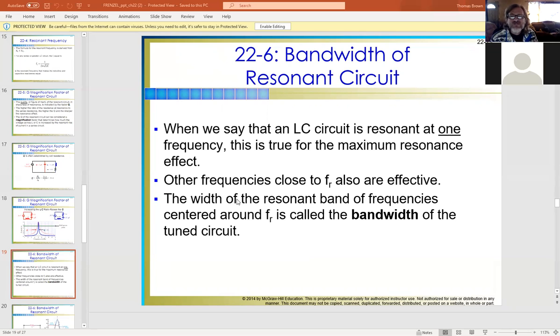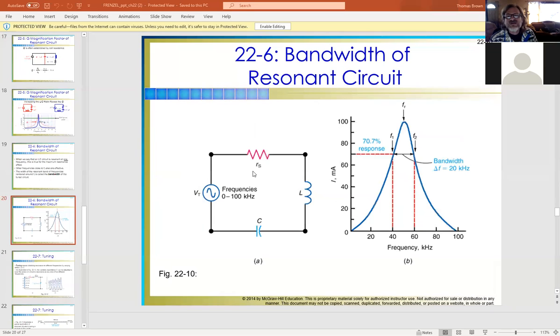But based on the graph, if we take a look at the next slide and look at this graph, what are we measuring on the bottom? We're looking at the current versus the frequency. Notice right in the middle, that's our F sub R. That's our peak. For this particular circuit with the values chosen, 50 kilohertz right here is our dead center frequency that we like. However,